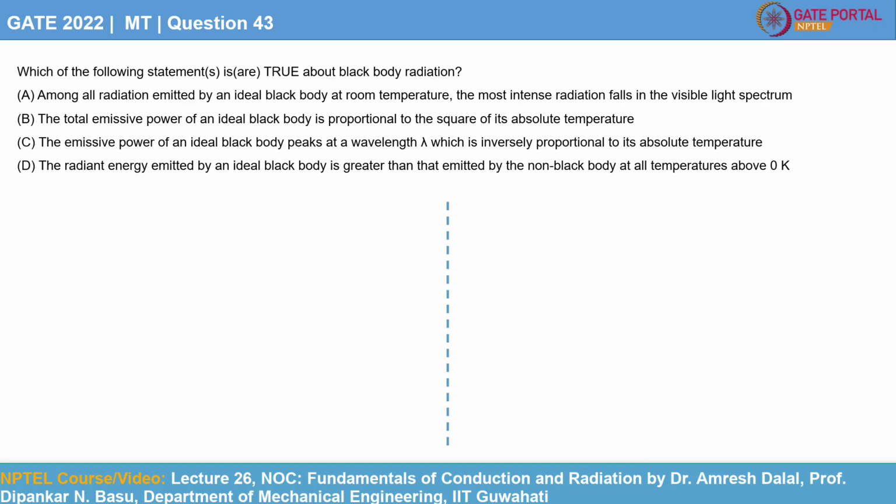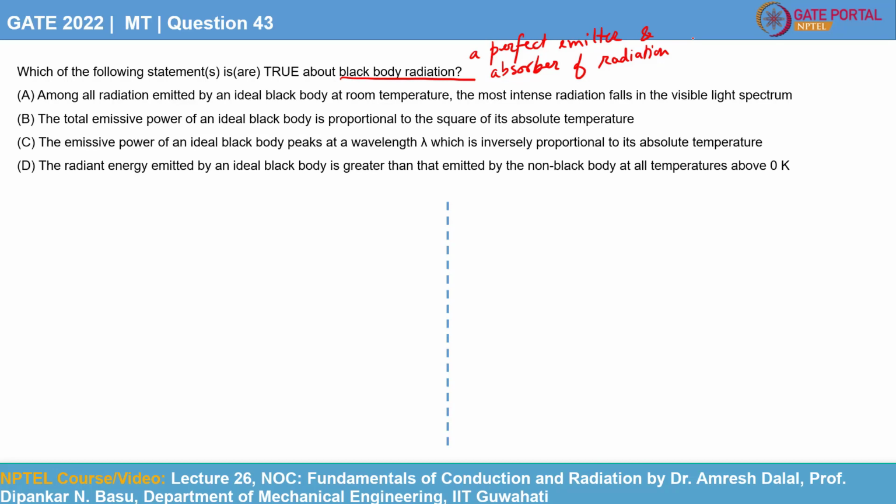First of all, this question revolves around black body radiation, so we need to understand what black body radiation is. Theoretically, a black body is defined as a perfect emitter and absorber of radiation. At a specified temperature and wavelength, no surface can emit more energy than a black body. So a black body is a kind of idealized body which serves as a standard against which the radiative properties of real surfaces may be compared.